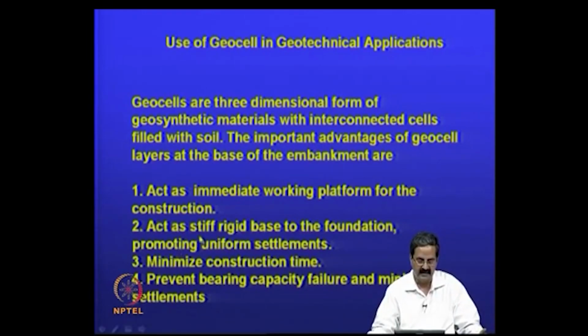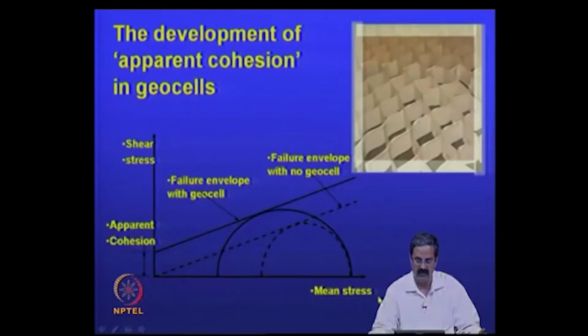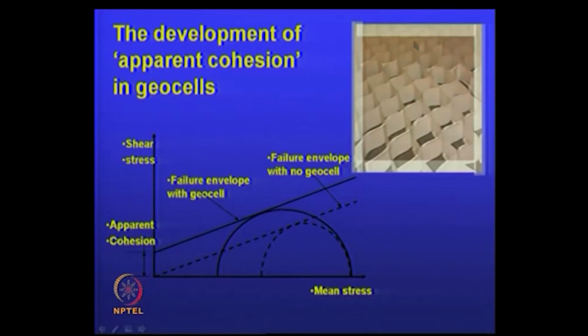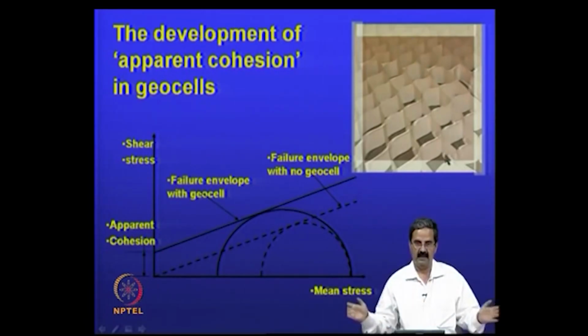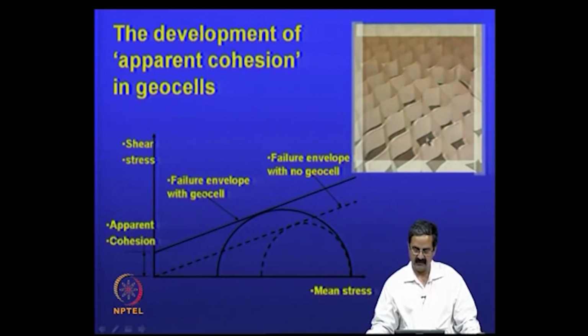Then it acts as a stiff rigid base to the foundation, promoting uniform settlements. It minimizes the construction time, prevents the bearing capacity failure and minimizes settlements. These are some advantages. In fact, it comes in this form, a cellular matrix; you can just expand it, and in these gaps a lot of soil could be compacted. In these cells you compact the sample and then when it expands there is a radial